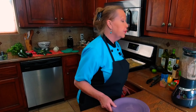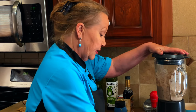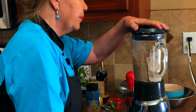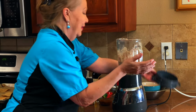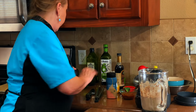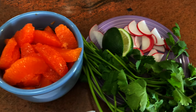We wanna make sure that it's thoroughly blended. So remember to put that extra minute on, and that way we get the nice creamy texture. Let's see how we're doing here. Perfection. Okay, so we've got our hummus, we've got our tortillas, we've got our perfectly ripe avocado, cilantro, some lime,